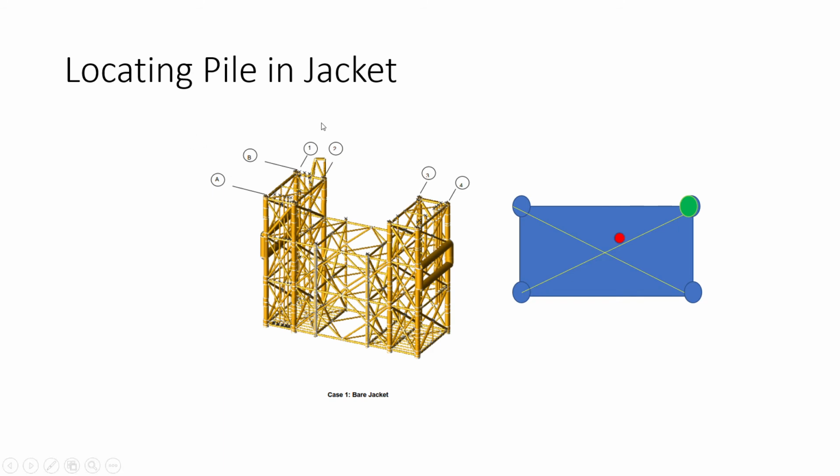Then locating the pile. As I told already, for the piling sequence you have to come up with this on bottom stability. Suppose you take this jacket, with legs 1, 2, 3, 4. In those 4 legs, where do I place my first pile? That is my question. What do we have to do now? First you have to plot the COG in plan. You know the grid dimension, so plot the COG.